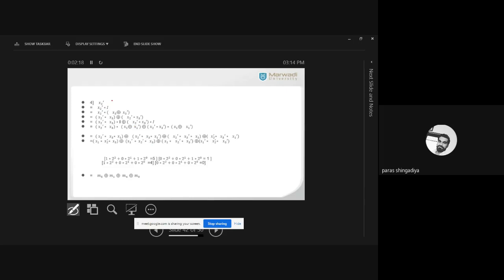x2 dash. Okay. x2 is given as the first variable. So x1 is remaining and x3 is remaining. Okay. So in the first step, multiply by I. Then in place of I, add the formula of x3 ring sum x3 dash. Okay. Then apply the distributive formula, again multiply by I. Again add one more variable as x1. Okay. Then after identifying the distributive law, arrange as per the order, clear, and then you will get the answer as M5, M1, M4 and M0.